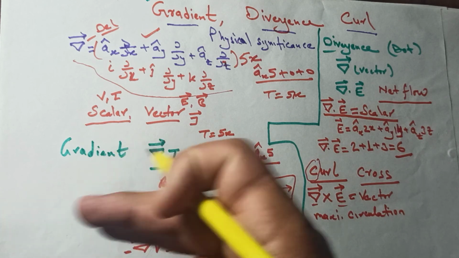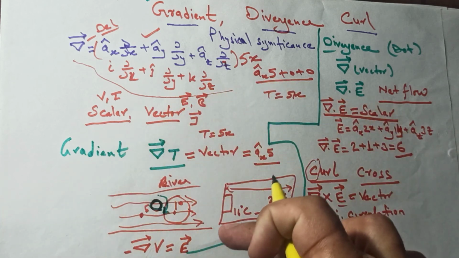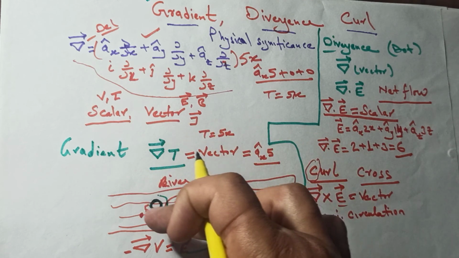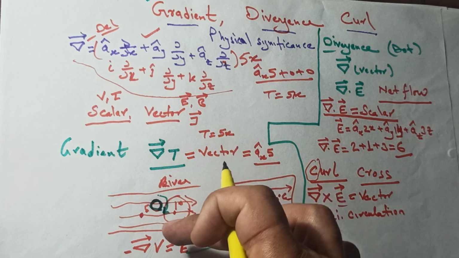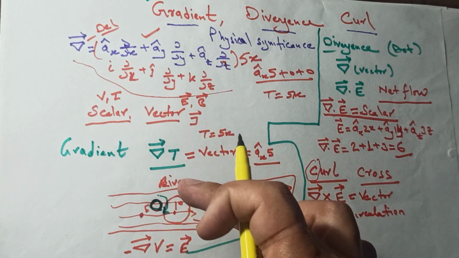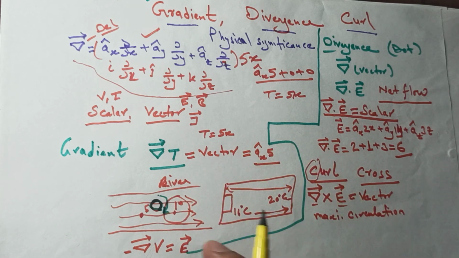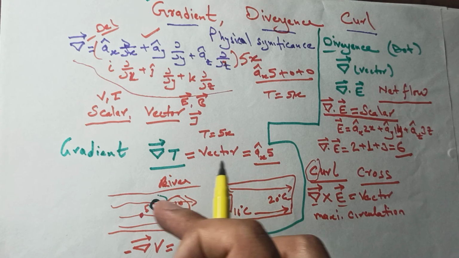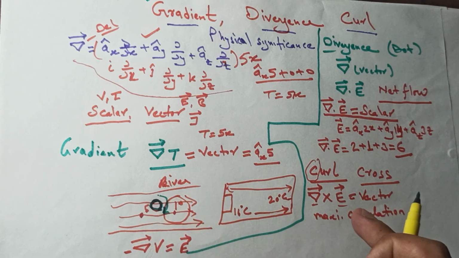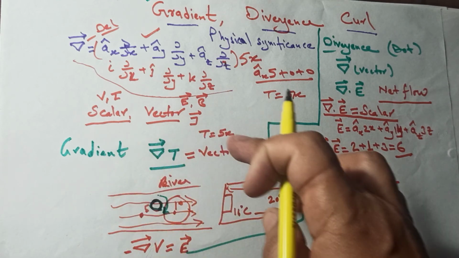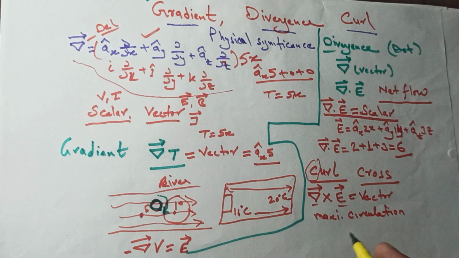So the water flow is applying the circular motion. The thing you have put in the water will rotate in a particular direction, either in this direction or in this direction, which will depend on this field. So how will we give this circulation? It is given by this vector curl. If you find out the curl, you will easily calculate the net circulation. So del cross E means the circulation provided by the electric field.